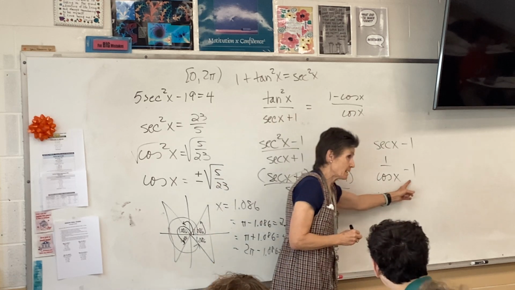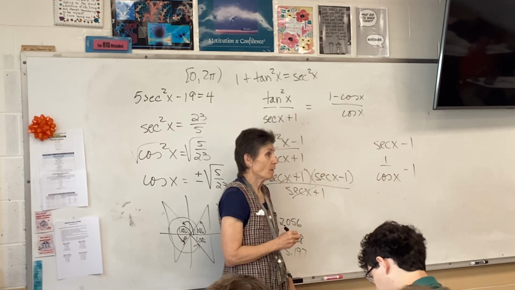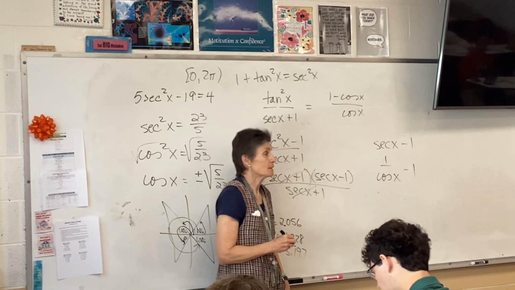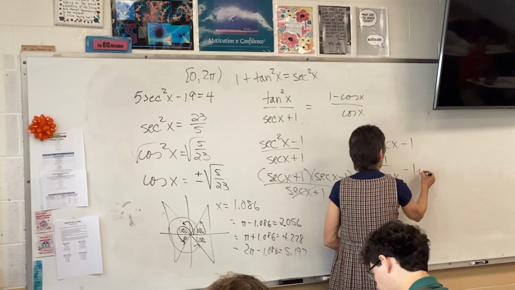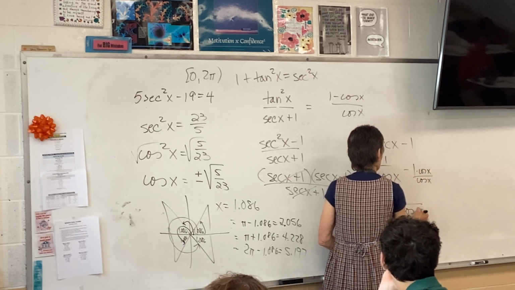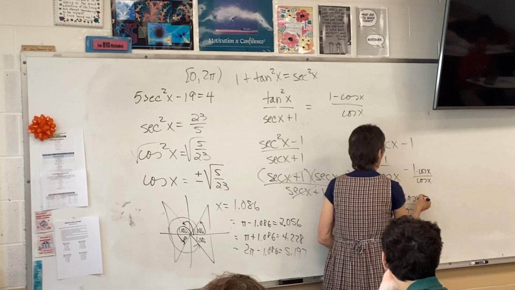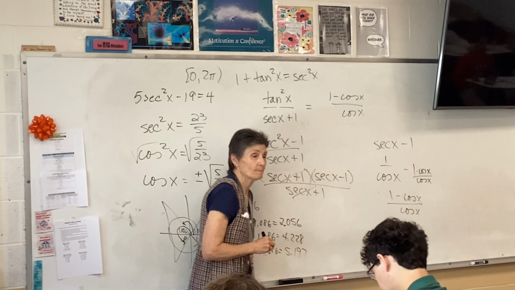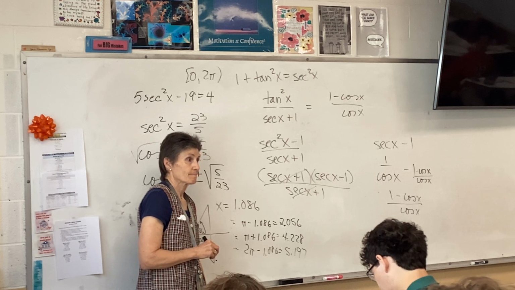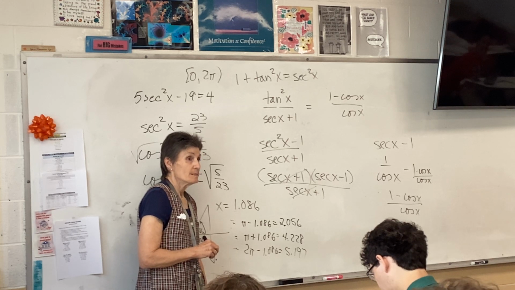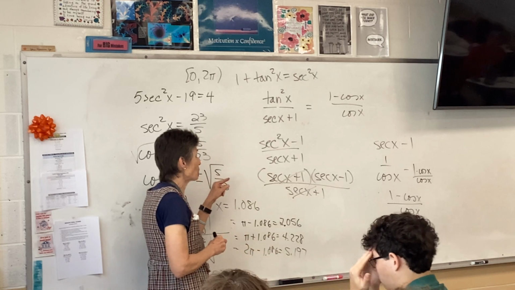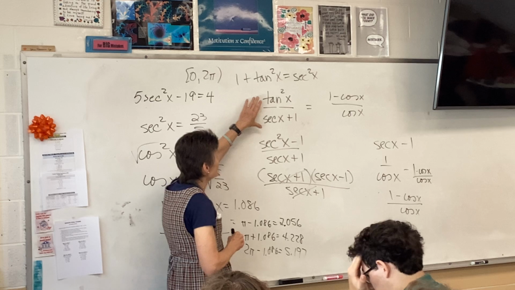I'm subtracting. What do I need when I subtract with fractions involved? Common denominator. And there it is, Alex. My common denominator is cosine, and I have 1 minus cosine. Now, I think that's probably the quickest way to do it, and an alternative, something I want you to always keep in the back of your mind is